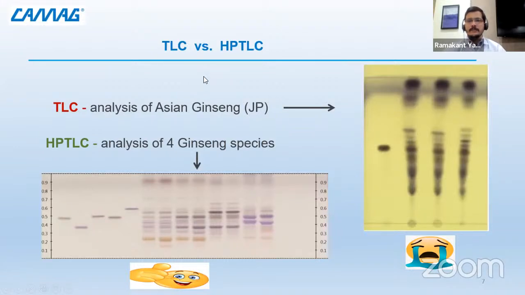And then how can we perform quantification? The aim behind any chromatography is separation. If we are unable to achieve separation, then what is the use of that chromatography? So in HPTLC, we can separate more components more accurately from each other. Therefore, exact qualitative analysis and then quantitative analysis up to the nanogram, picogram level is possible in HPTLC.